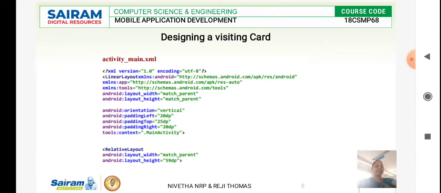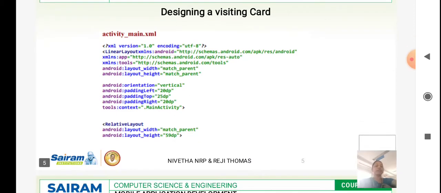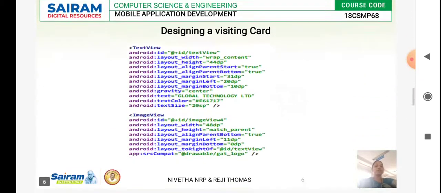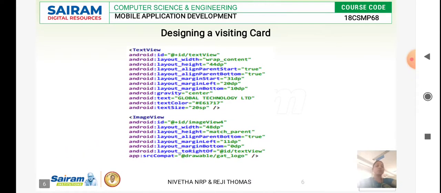Next we have a layout. What is the layout of our application, what is the width of it, what is the height of it has been defined, and the text view: what is the text we are giving in the card, what is the data we are giving in the card, and what features we are giving to the text view. Choose a text view, go with that, and you give the attributes for that. So it is the ID of the text view, what is the width of the text, what is the height of the text, and what is the font. All these features you will be defining in the text view.